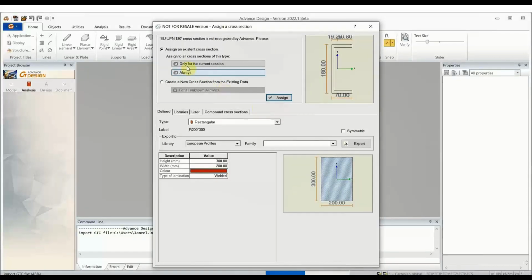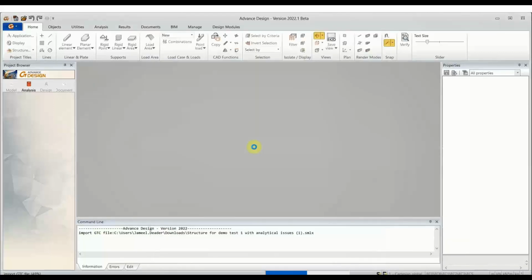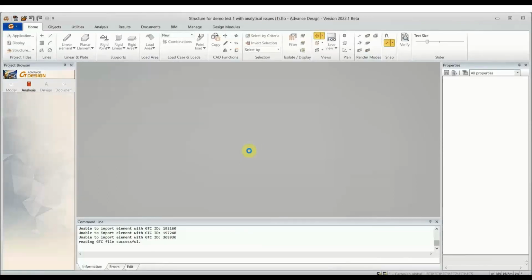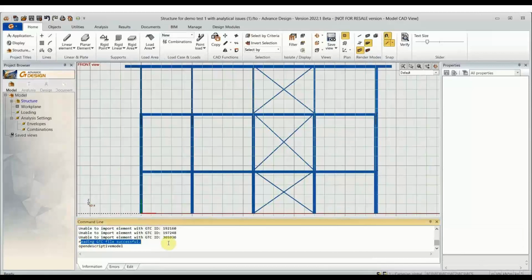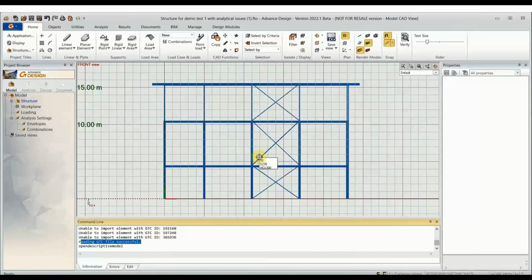The model previously was perfect. Of course, we all want to have perfect models, but it's not something that we have all the time. Models aren't always perfect. So I'll just assign a section for this one as well. Right, by now we've got our model. Let's take a look around this model then. This one is